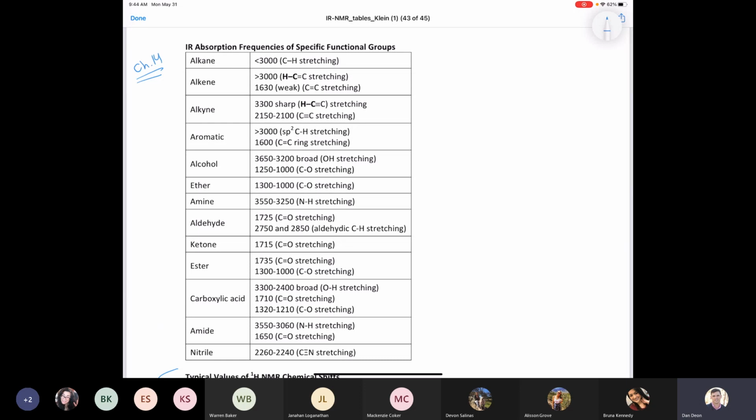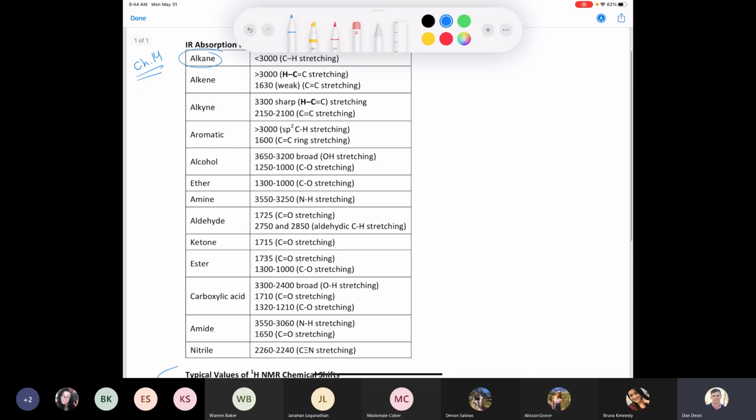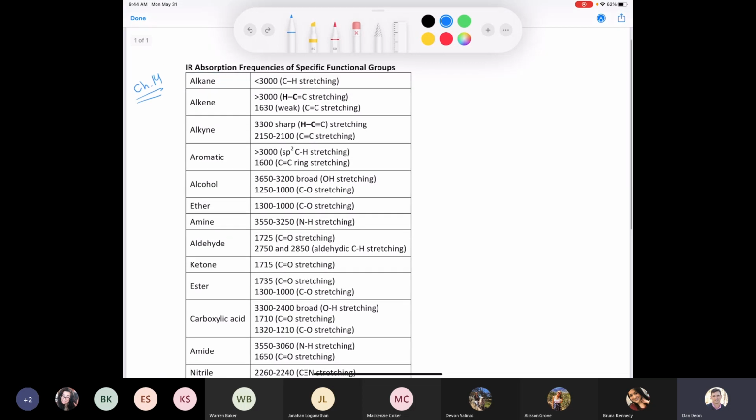What is it, table 2 in your textbook? And so you will, again, be able to bring this in on your quiz. However, you will not have this table for your final exam. So an alkane is not a functional group. So if you're like, why did you put it in the table then? Well, it's just because alkane,